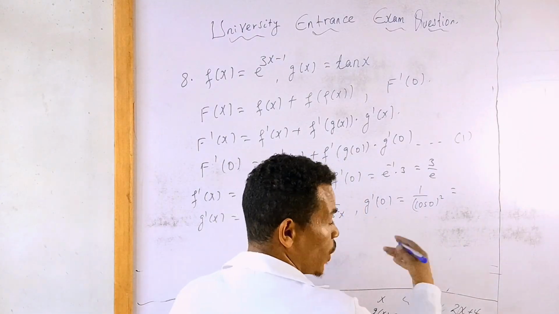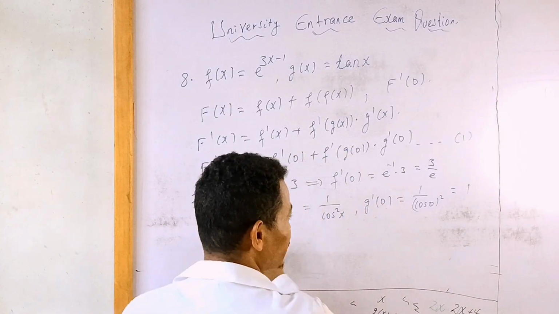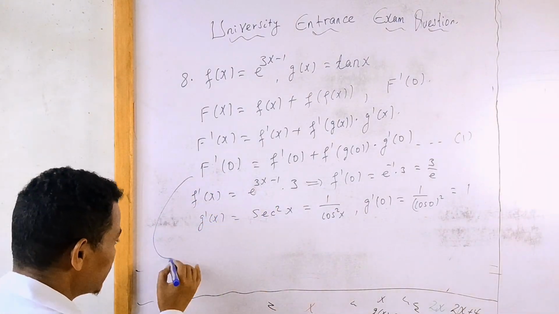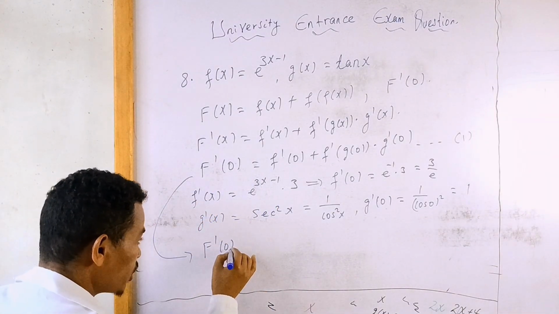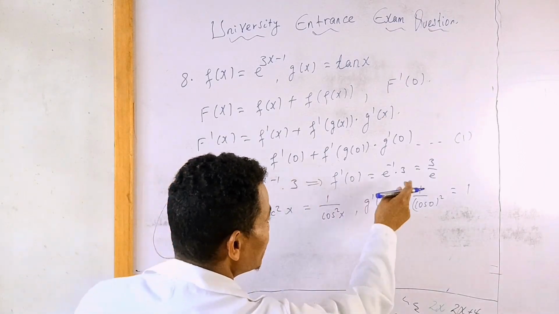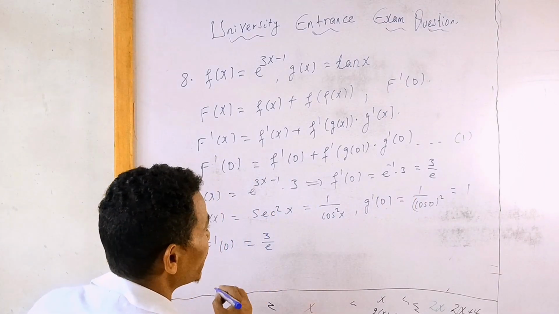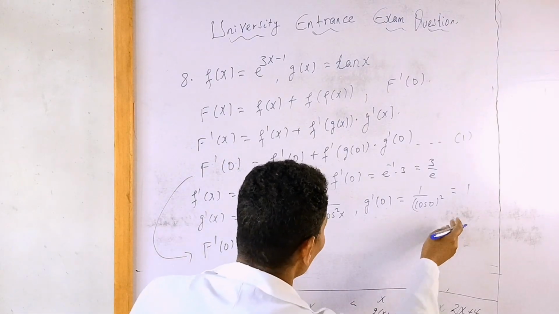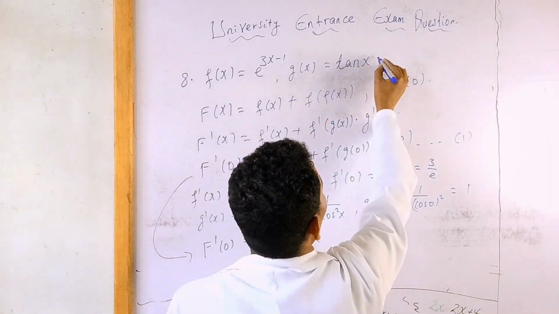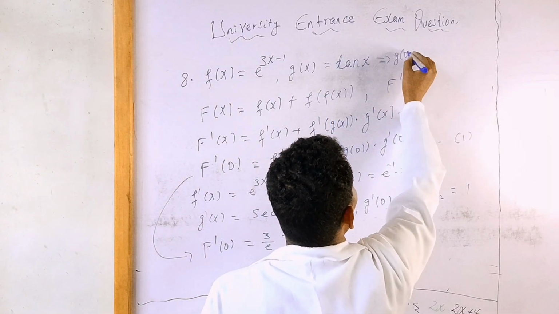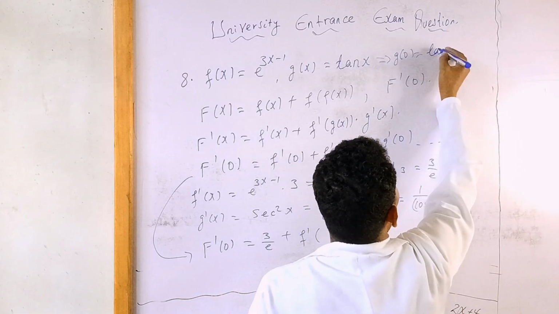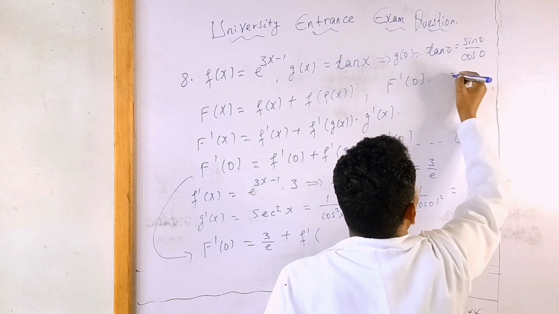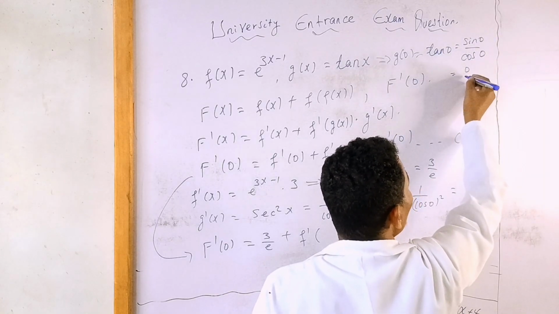Cos 0 is 1, so 1 ይመጣል። g derivative at 0 is 1. f derivative at 0 ማለት 3 over e ነው። ስለዚህ ቀጥታ እዚህ ጋር መተካት ነው። This is the same with f derivative at 0 is equal to 3 over e plus f derivative at g of 0. g of 0 ማለት እዚህ ጋር መተካት ነው። This implies g of 0 is equal to tan 0, that is sin 0 over cos 0. sin 0 is 0, cos 0 አንድ ነው።